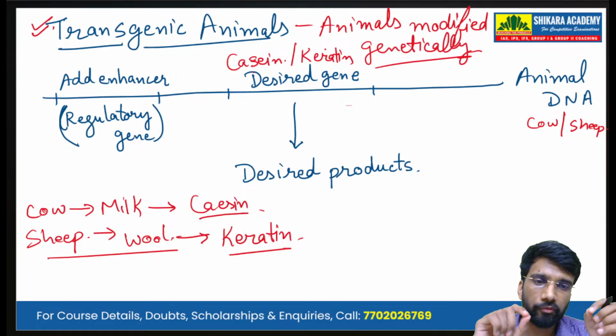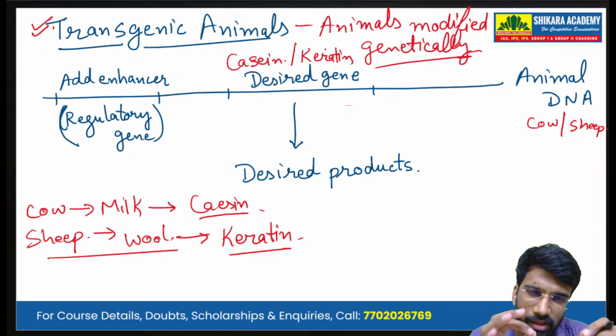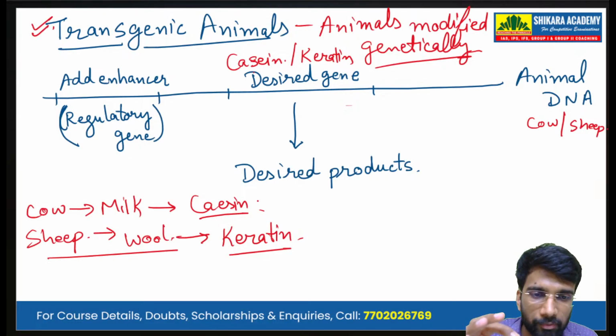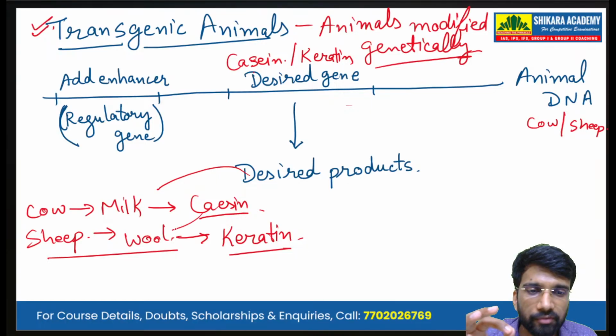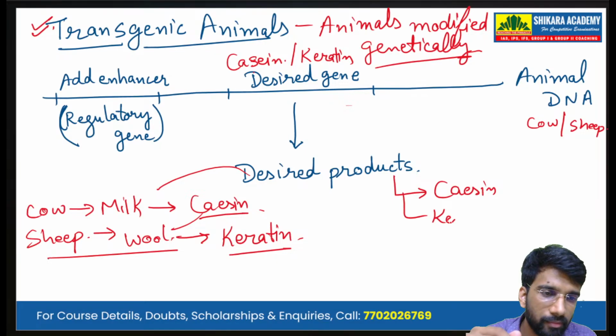So for cow, it can be the casein gene, or for sheep, it can be the keratin gene. This is the desired gene, and it is expressing for our desired products. The desired products here will be casein and keratin, which ultimately will give us